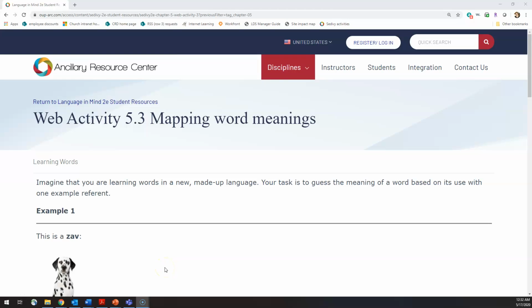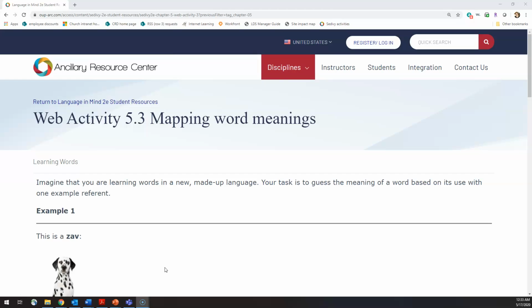As you've seen in some of the margins of our text, the author has arranged for us to do certain web activities online to help us relate to the material that we're reading in the book. One of the more interesting web activities is 5.3. I'm going to walk us through that activity, but I want to highlight for you why I think it's interesting